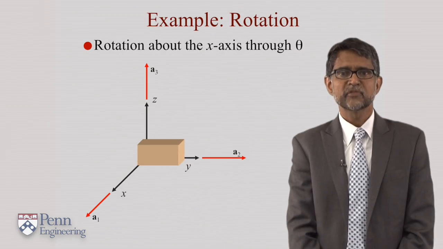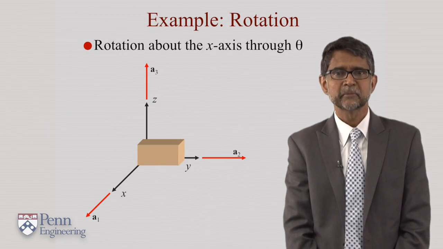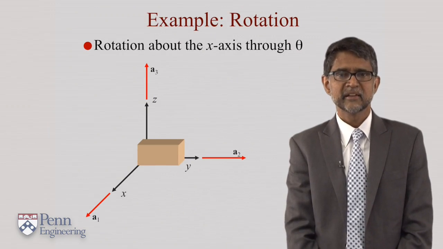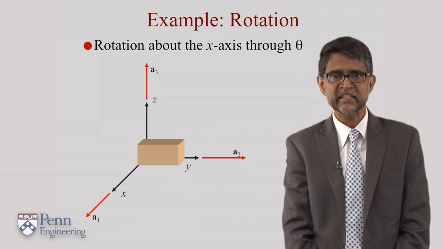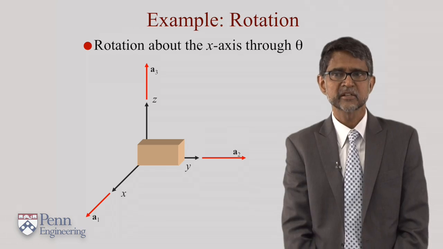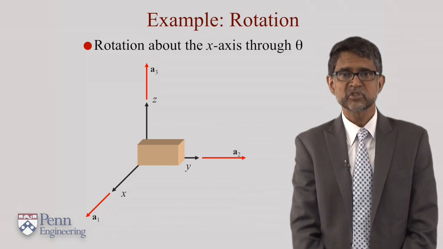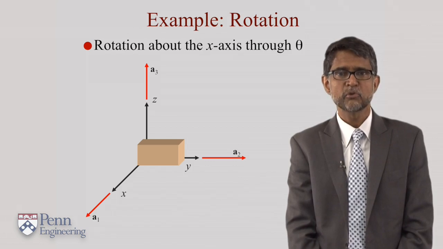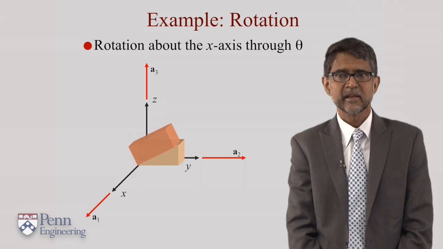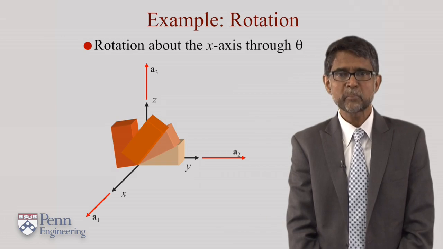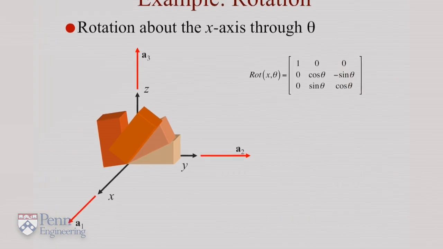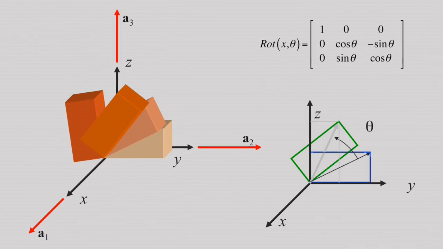As an example, I want to first look at something very simple. Consider this rigid body, a rectangular prism, whose axes are aligned with the x, y, and z axes, or the A1, A2, and A3 unit vectors. Let's rotate this rigid body about the x-axis through an angle theta. So when you have this rotation, there's only one parameter that describes this rotation, and that's the angle theta. You can write this rotation matrix